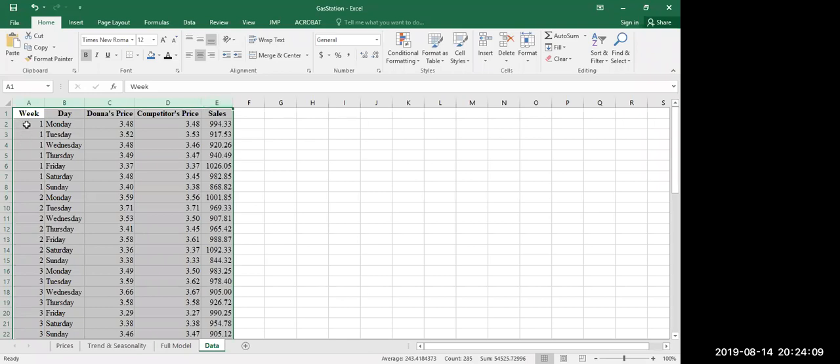So I have some quantitative variables like week, which there's 8 of. I have days of the week, which is a categorical variable. I have the price that she paid, which is in dollars and cents, what her competitor paid in dollars and cents, and then what her total sales were for each day that we have focused on. And so to create a pivot table, I'm going to highlight these columns, and then I'm going to go to